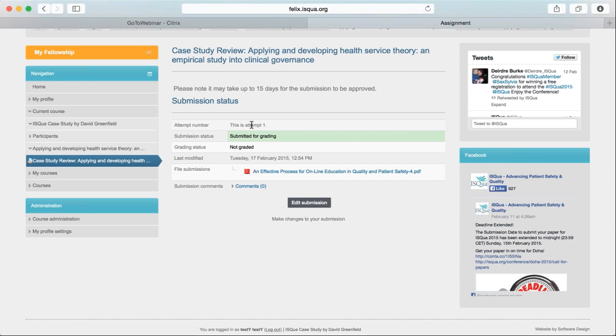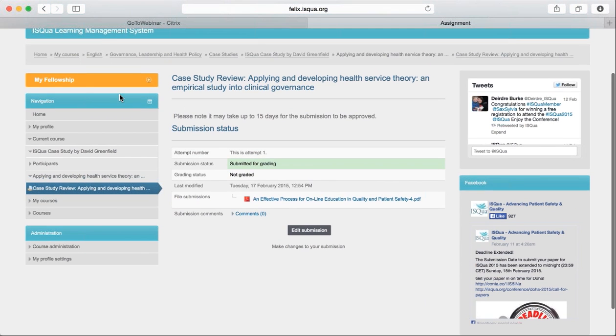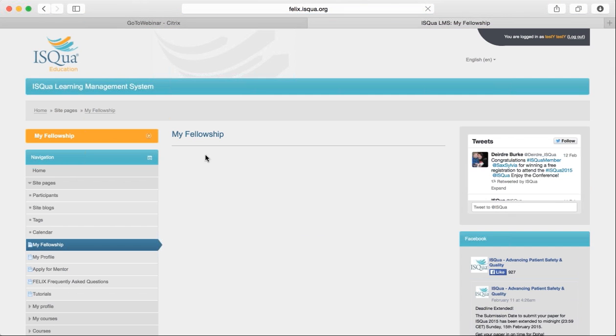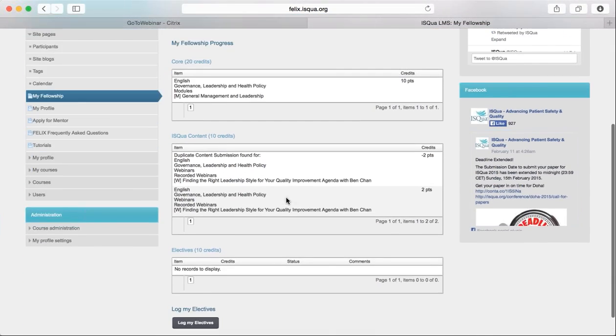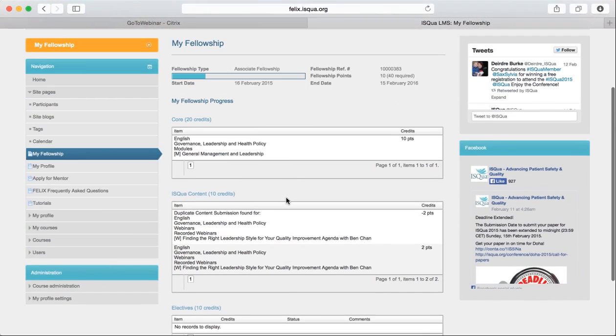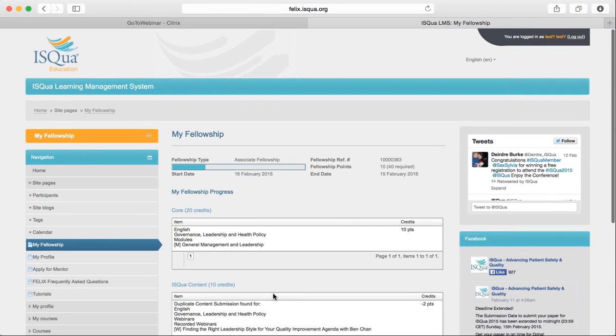But please remember that every time it will take up to 15 working days for the assignment to be approved. And your grading status is not graded at the moment. So that's why it's not going to appear on my fellowship page. If we go back to your fellowship page, you have submitted the assignment, but it will not show as approved for credits. So I think if we don't have any more questions,